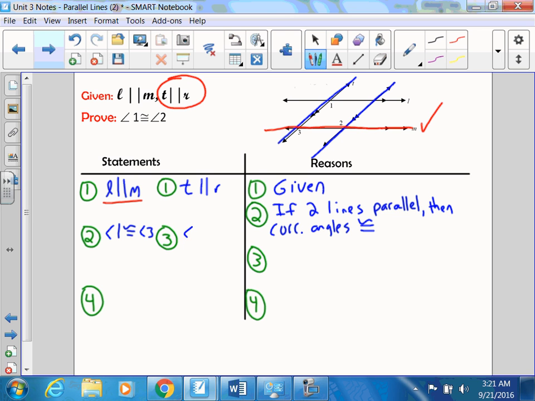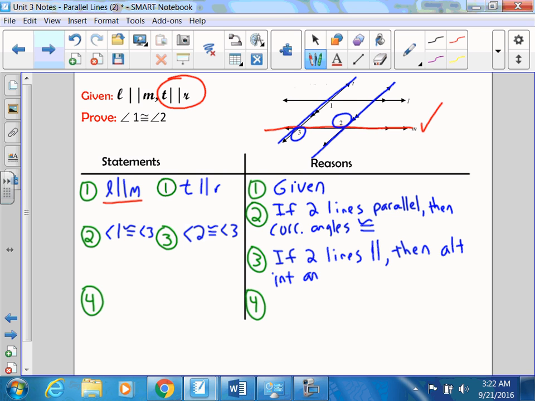And they are going to be congruent by what property? So you're thinking about that. Angle 2 and angle 3 are congruent. And our if-then statement would be: if two lines are parallel, I'm going to just abbreviate parallel, then what types of angles will be congruent? So angle 2 and angle 3, where are they located? Those are alternate interior angles. So then alternate